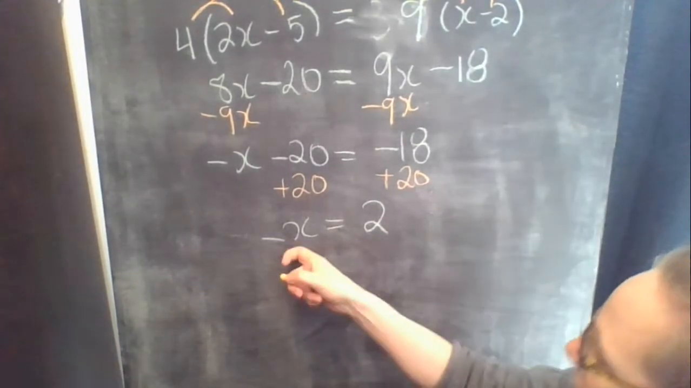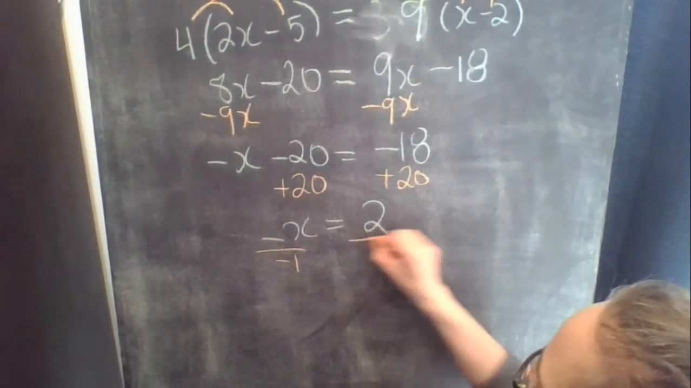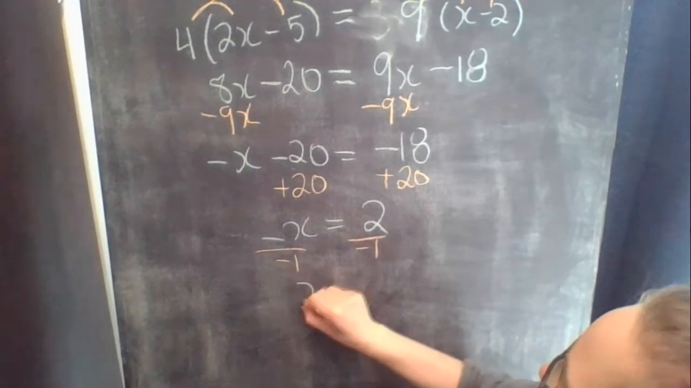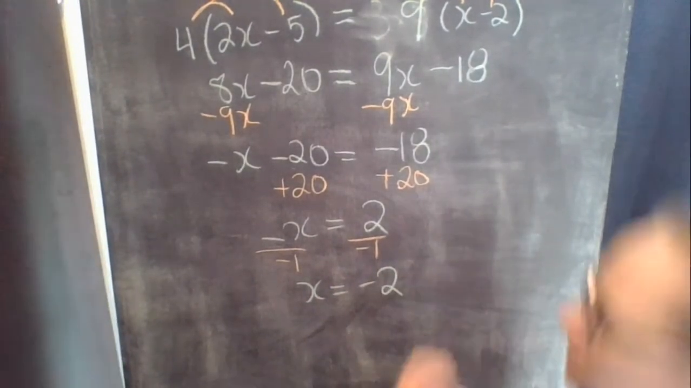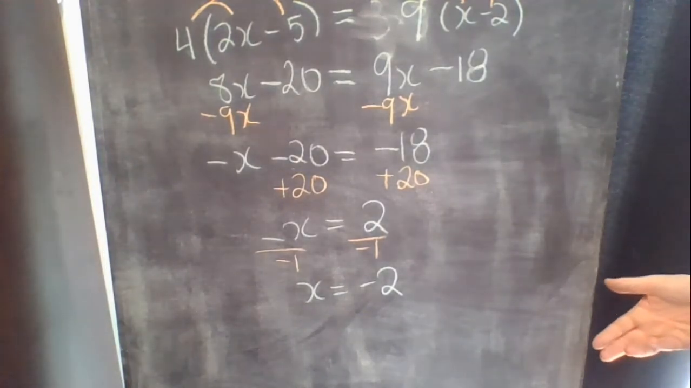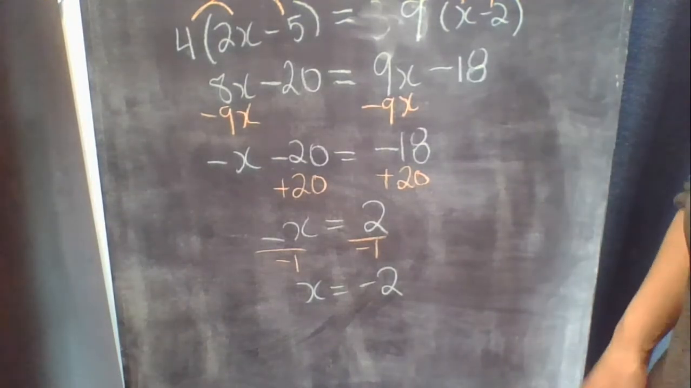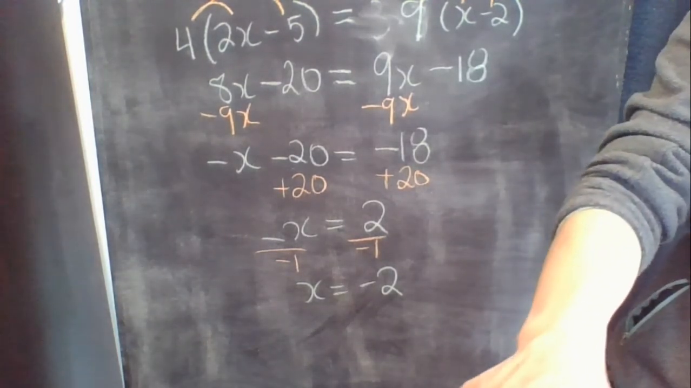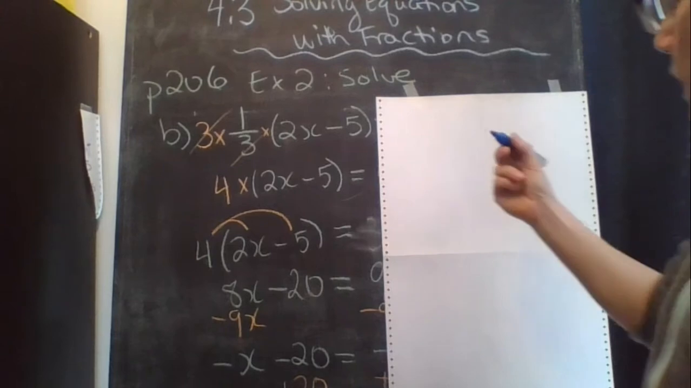And almost done. Let's get rid of that negative. So we're going to divide both sides by negative 1. x equals -2. Awesome. That's pretty exciting. So to make sure we did this right, let's maybe do a check on this one. So let's check our answer. Okay, so we're going to check,